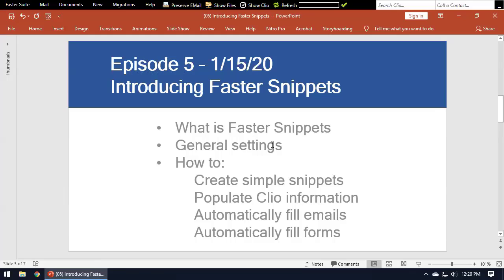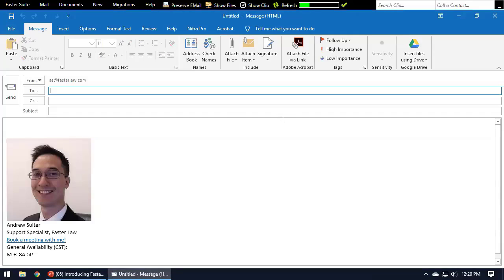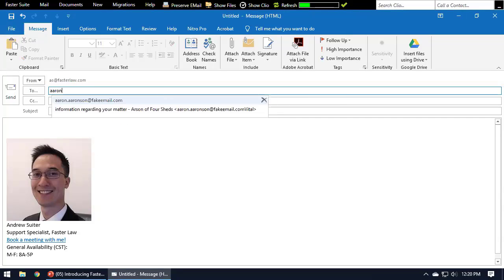Now, let's take a look at how to really use this in our day-to-day practice. So the next thing we're going to do is create an email template. We're going to see how this automatically fills out emails. Now, to do this, we have to figure out exactly what we do when we make an email. So I'm going to pretend I'm emailing Aaron Aronson, and I'm just going to type his email address in here, which is